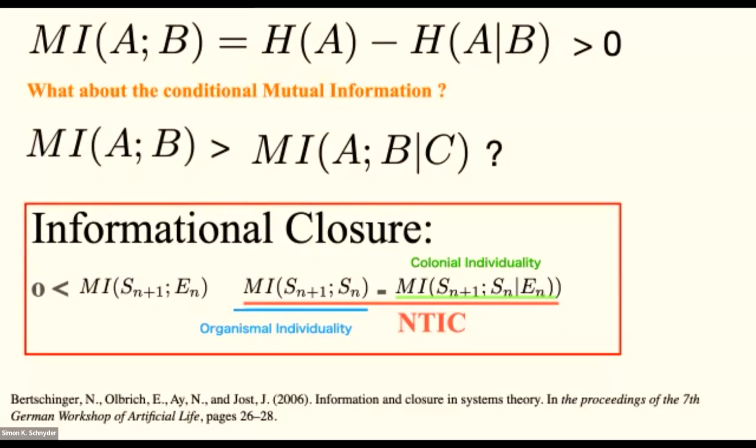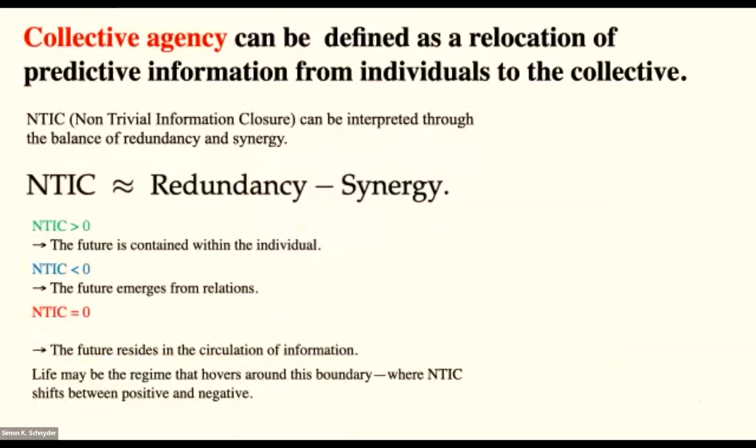That means the prediction responsible for the future is distributed, not only on yourself, but also in other cells. This is something I got interested in. In other words, I think it's mutual information. Maybe many people forgot about this, but the current study on partial information decomposition, as we call it, is very useful, I think. Non-trivial information closure is